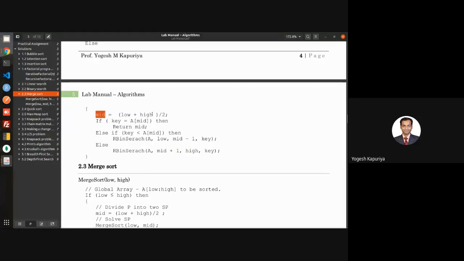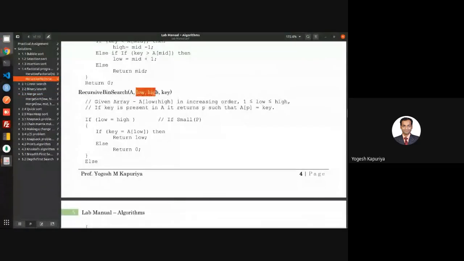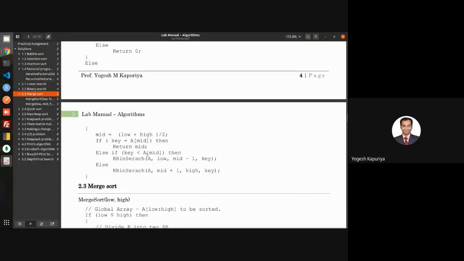So what we are doing over here, you have been given four parameters: the array A, the low and high. Low and high are the two elements between which you are searching inside this array for a key. This is how you can describe these four elements with a single statement.